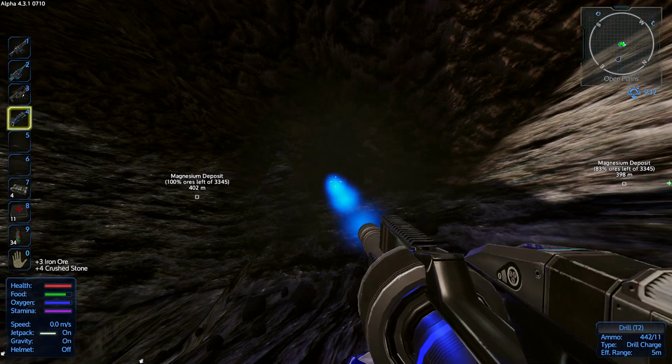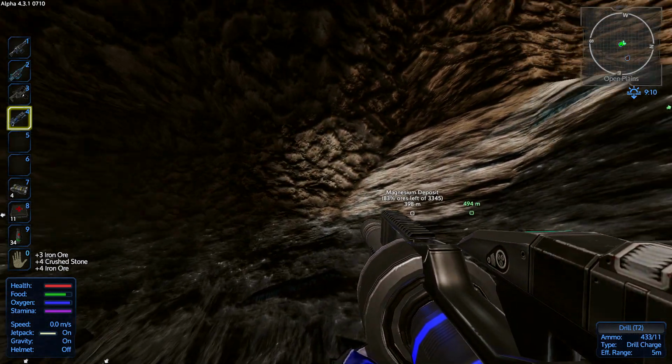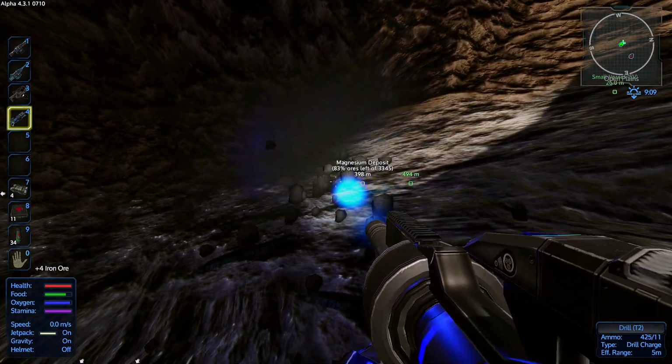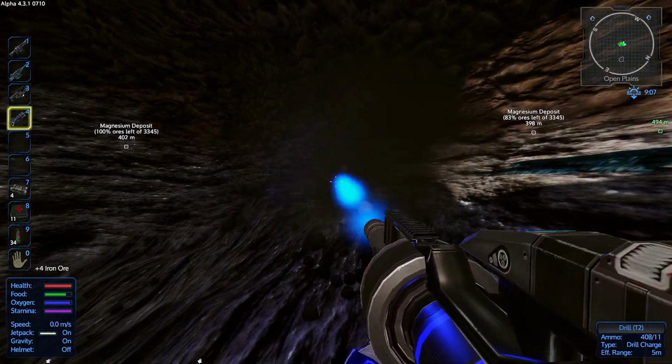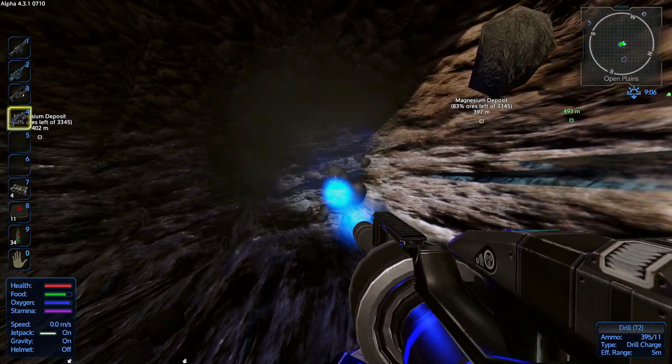So if you want to maximize the amount of ore you get, you've got to... You see how here's the ore, there's the dirt line? You've got to keep exposing the rock line. It's not super critical, but if you really want to take full advantage of this vein...